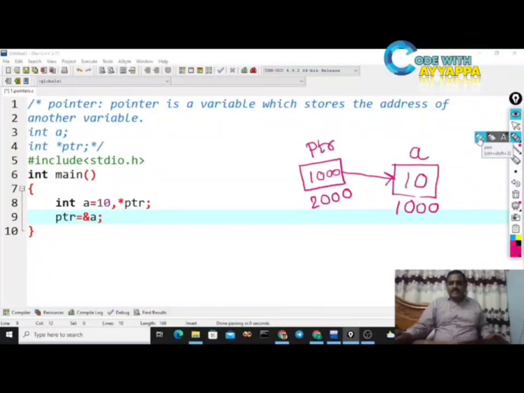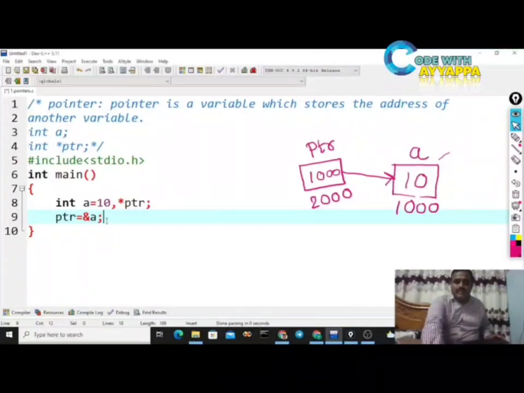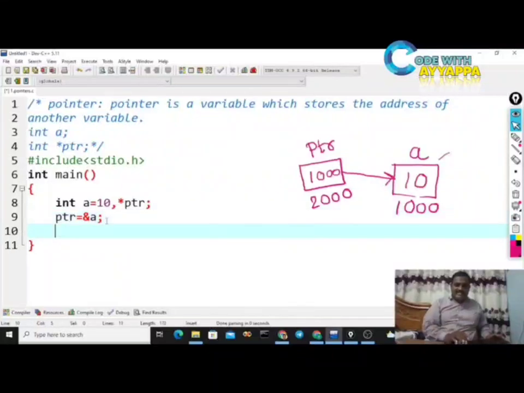This memory location a contains an integer value. So to store this address, we need to declare an integer pointer only. Why? Because this memory location contains integer data. Whatever type of data is available in that memory location, that type of pointer only you need to create.